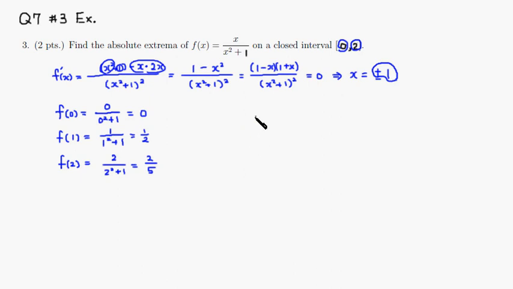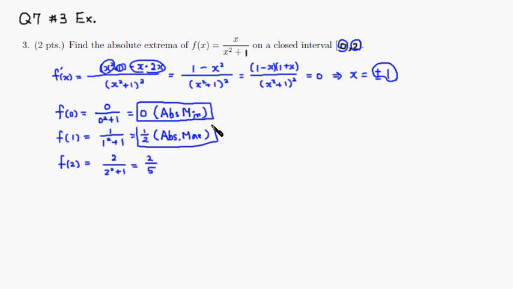So we know the smallest number is, in this case, 0. So this is going to be the absolute minimum, right? And the absolute maximum would be the largest of the 3. Right, 2/5 is smaller than 1/2. So this got to be this guy. So 1/2 is larger than everybody else. So this is going to be absolute maximum here,